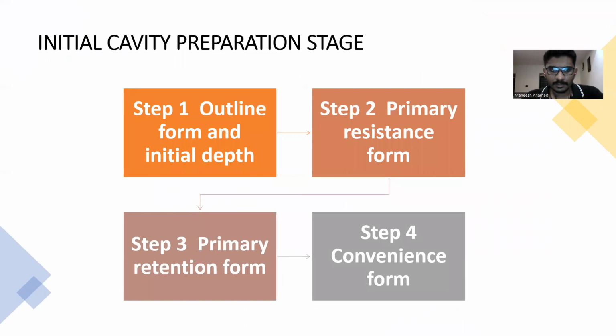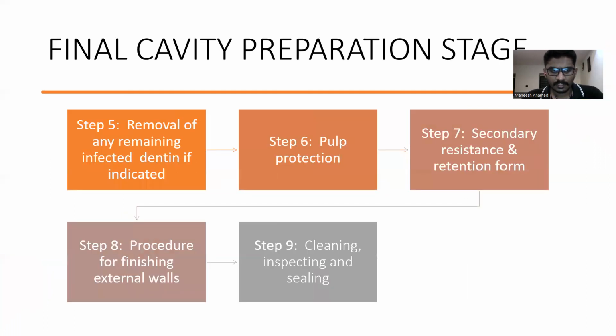So coming in detail into the initial cavity preparation stage, step one consists of outline form and initial depth. Step 2 consists of primary resistance form. Step 3 consists of primary retention form, and step 4 consists of convenience form. And in final cavity preparation, we have step 5, which is removal of any remaining infected dentine if indicated. Step 6, pulp protection. Step 7, secondary resistance and retention. Step 8, procedures for finishing external walls. Step 9, cleaning, inspecting, and sealing. Now let's see each step